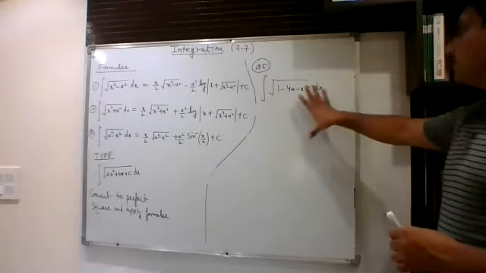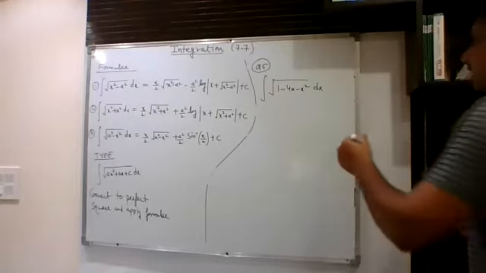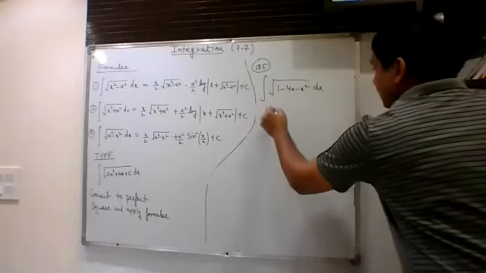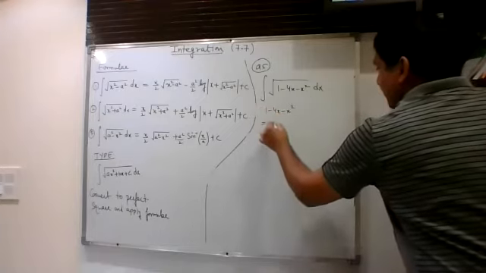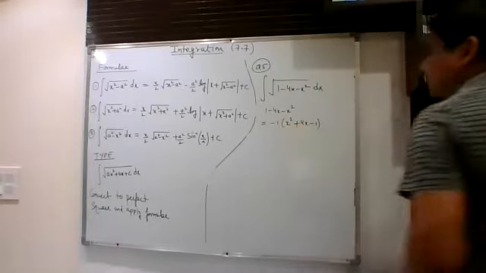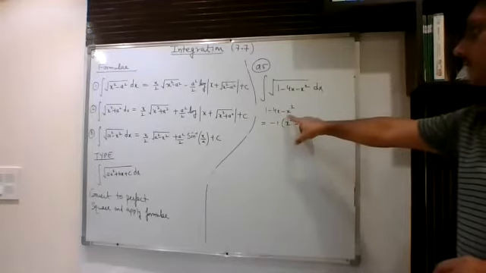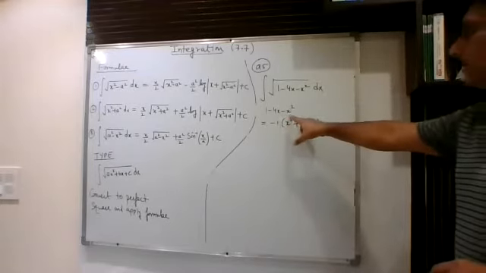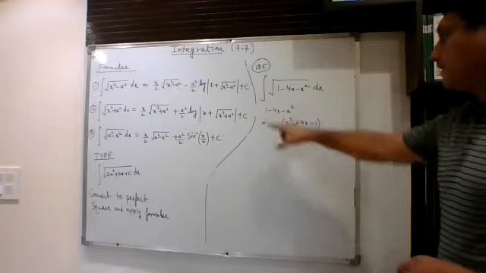So in this particular question, it is under the root of 1 minus 4x minus x square. So let us consider this quadratic. So it is 1 minus 4x minus x square. If you take minus 1 common and rewrite this, because first step is you have to make this x square free from any coefficient. So we have taken this minus 1 common, so it will become x square plus 4x minus 1.